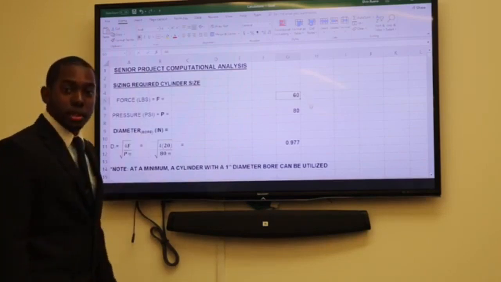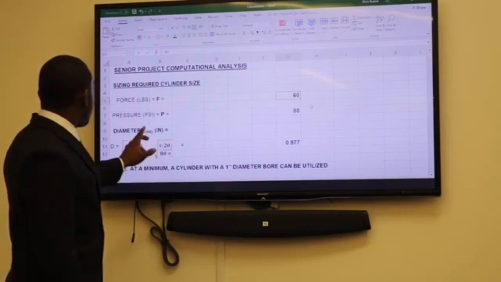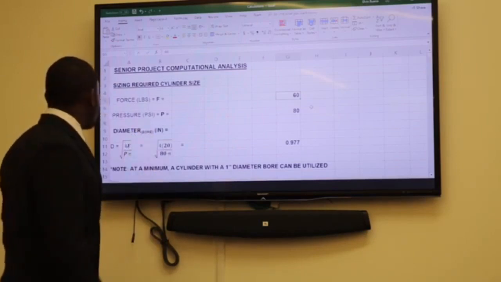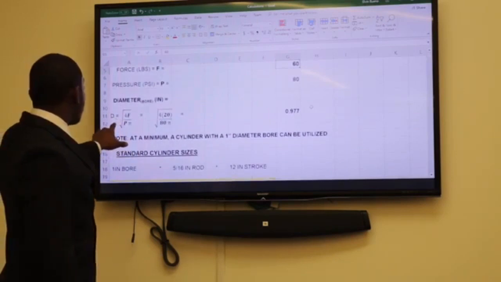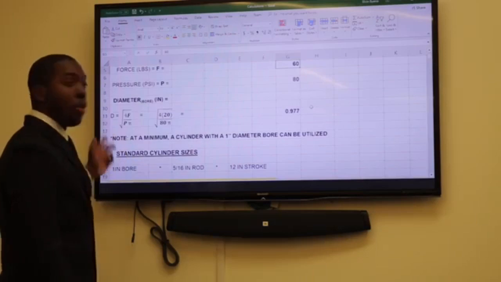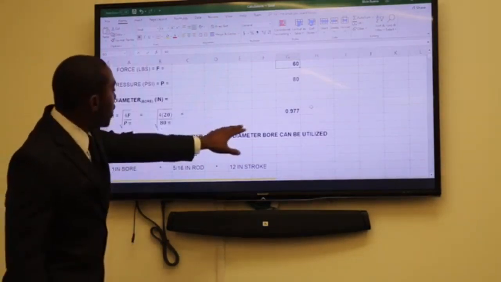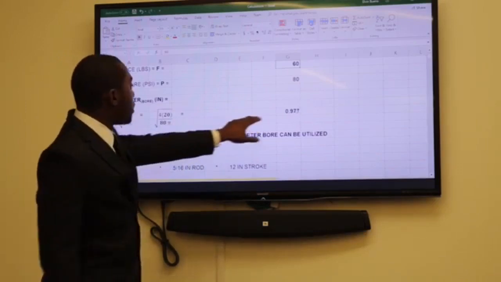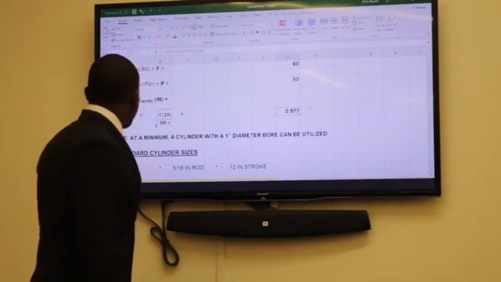Then we assumed a system pressure, because we're using pneumatics to operate the system, and we assumed a pressure of 80 psi. Now, we use the diameter equation, which is just the square root of 4 times the force over the pressure times pi. And we got an estimated diameter of 0.977 inches, which is approximately 1 inch.